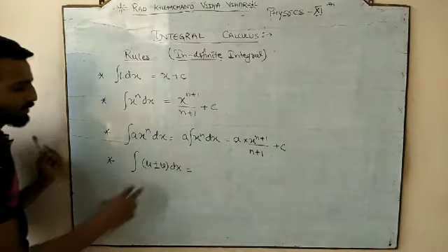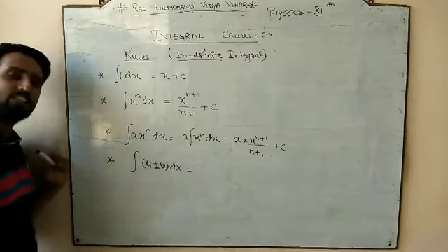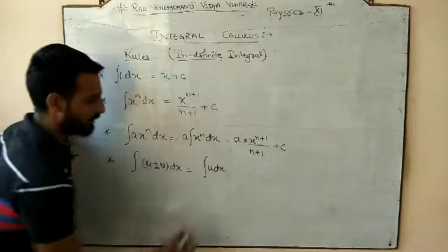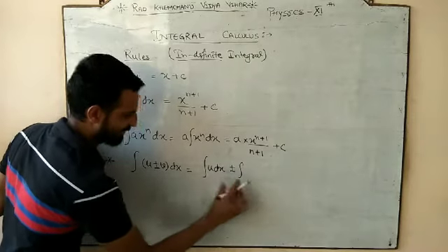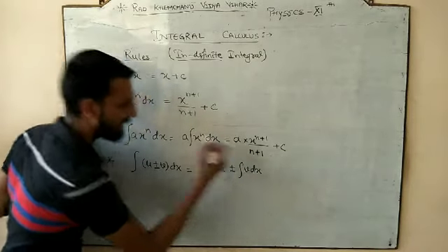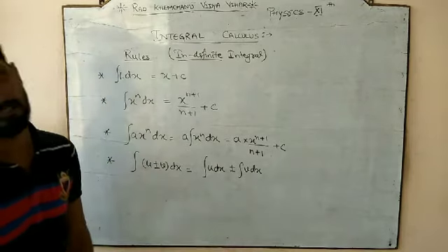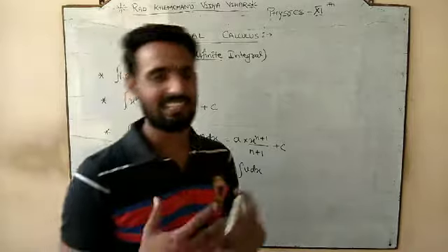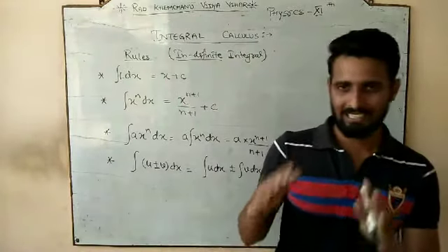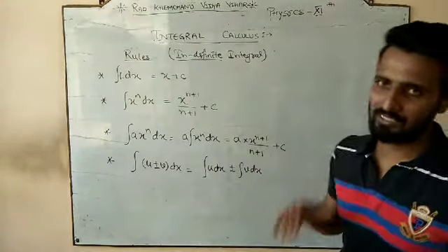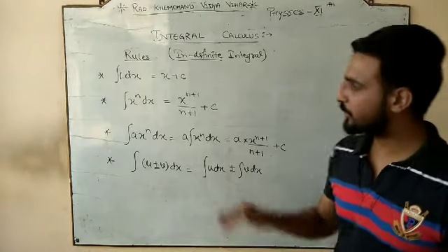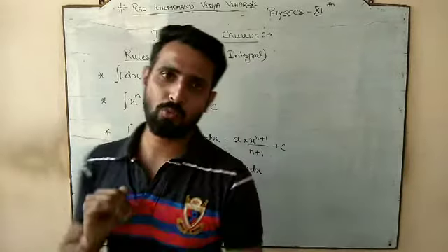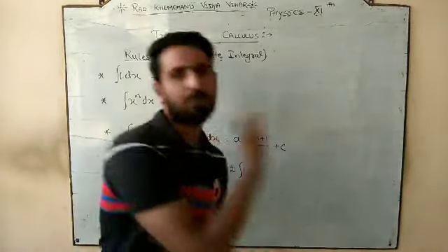So here we have another rule. If we have two terms having addition or subtraction, the rule is again simple. The first term is going to be integrated, and the second term is going to be integrated separately, along with their sum. Similarly, we have the product rule and the division rule, but for that again we have to wait. But the rules that I am discussing here, I am clearly mentioning, I am discussing only those rules that are going to be beneficial for the upcoming chapters.